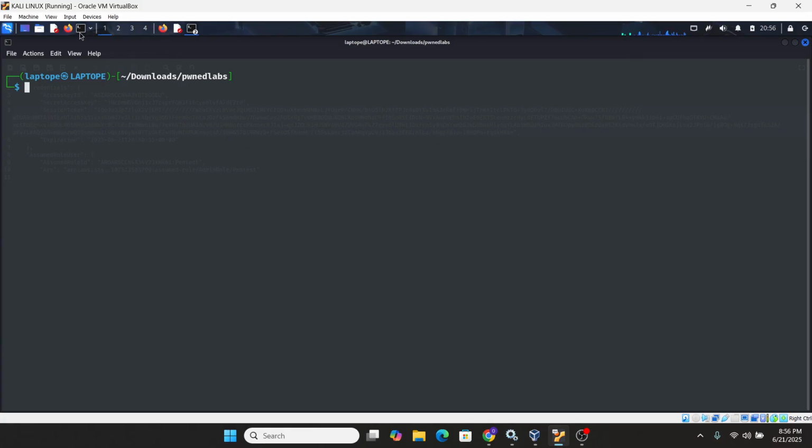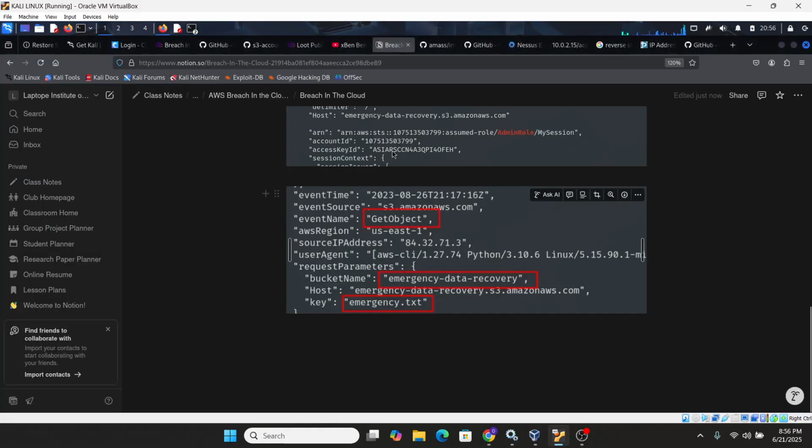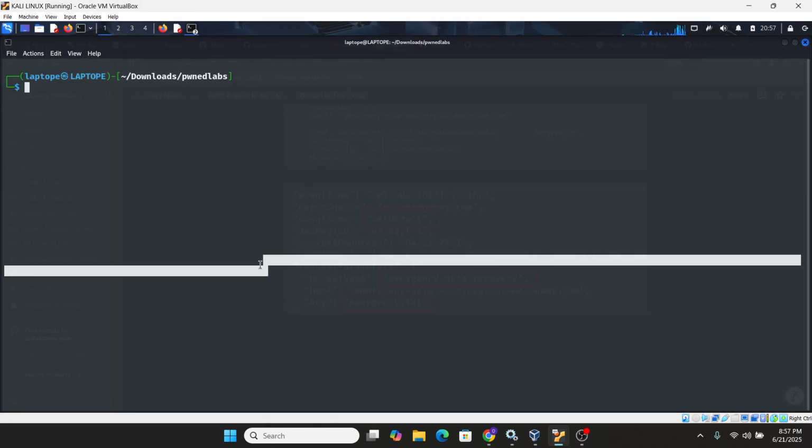Let's just get the name of the bucket. What's the name of the bucket here? It's emergency data recovery. Now let's list all the data in emergency data recovery. So AWS S3 LS S3 emergency data recovery.